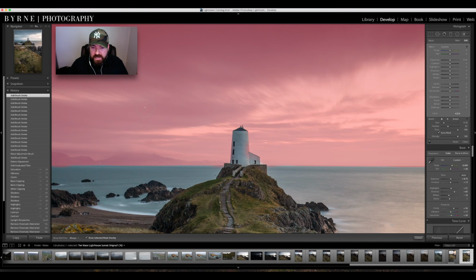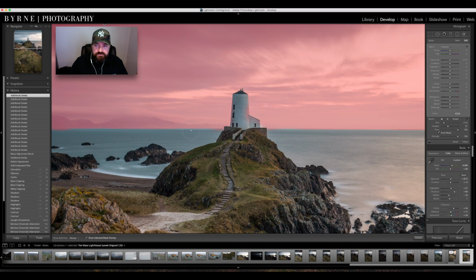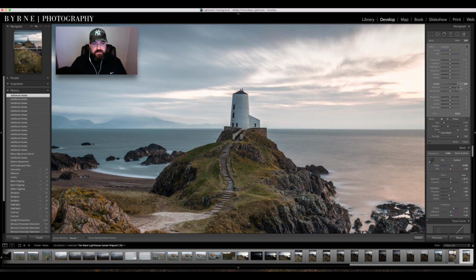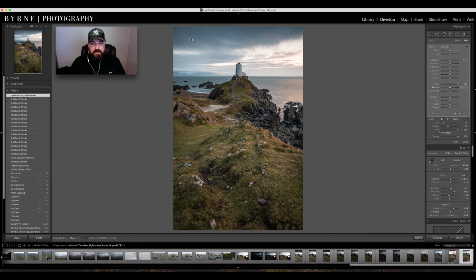Now, because I'm going to pump some clarity in this, you can see lines appearing if you pump too much clarity in it. So if I take off the mask overlay, if I put the clarity up all the way, that's actually looking quite good. Look, I'm on 100 there. I like that 100, but it's slightly gone darker down here where I've sort of drifted over from the mountain